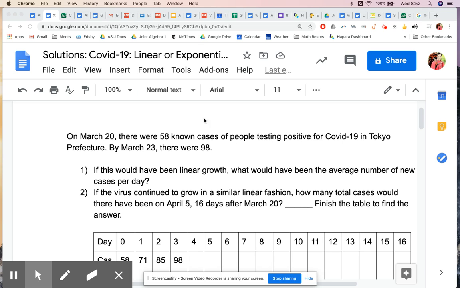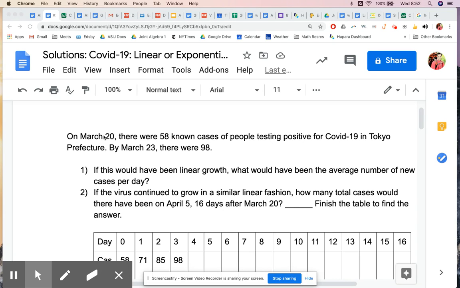All right, we're going to take a look at the crisis that we're having around the world with COVID-19. Let's try to figure out, is this a linear relationship in terms of the number of cases growing? We're going to take a look just in Tokyo here. Or is it growing exponentially? And maybe that changes over time. But let's just take a look at a particular time period and see if we can figure this out a